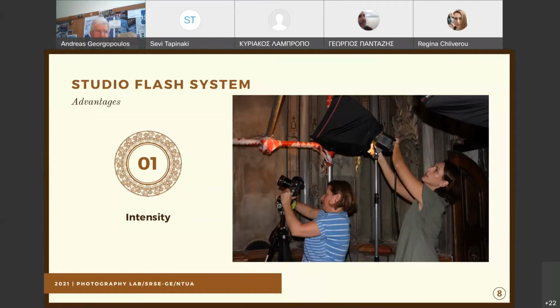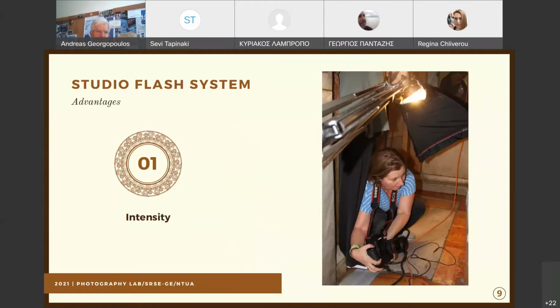We started working, as you can see in the picture in this slide, with the best intentions by using tripods. And we ended up handholding both the camera and the studio flash, as you can see in the picture in this slide. At this point, I'd also like to mention that approximately 11,000 photos were taken to create all the required 3D models.